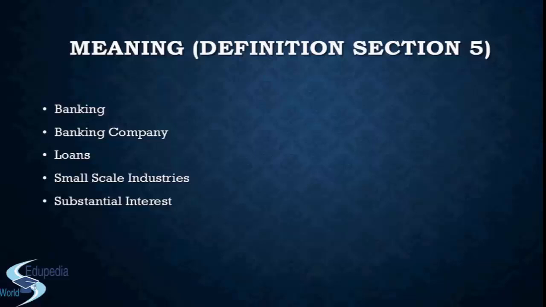So this is the text of the Act. Now if we go ahead to interpret it, there are 6 basic points that you need to remember. First thing is that banking means accepting. Now what do you accept? You accept the deposit of money. And who gives you the money? It is coming from the public. So banking means accepting money from the public.